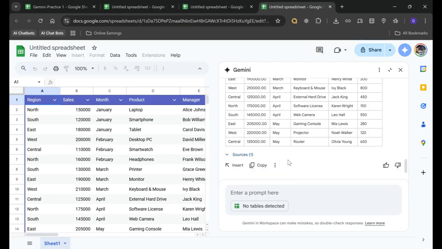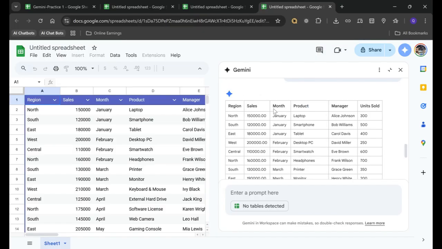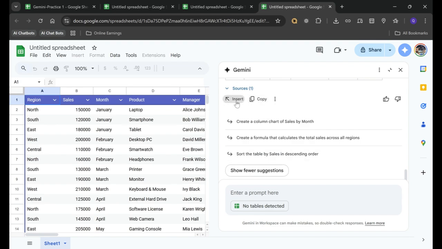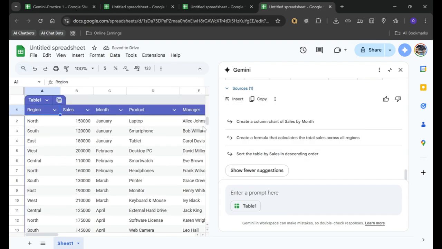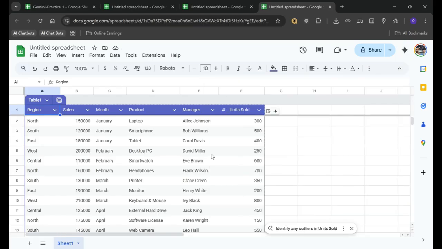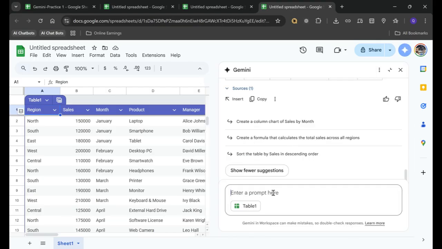So we have sales data having different region, sales, month, product, manager and units sold. So I can create this data, I can insert it. Create a monthly summary report